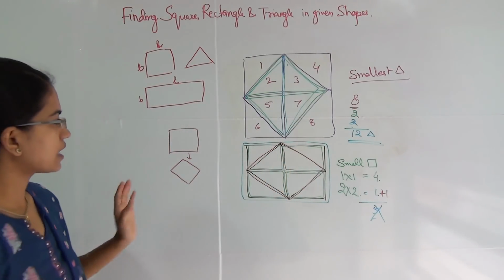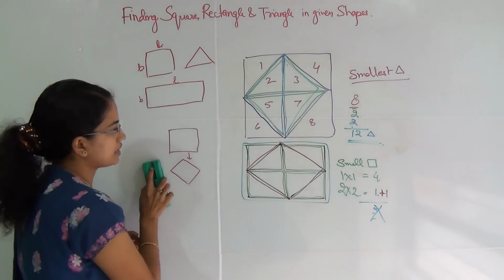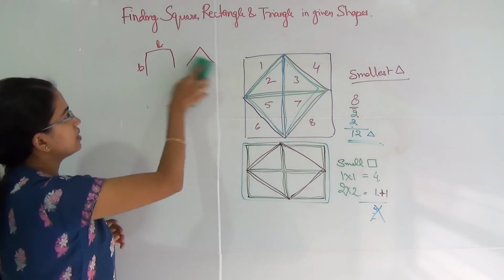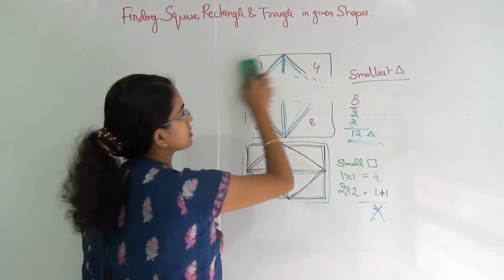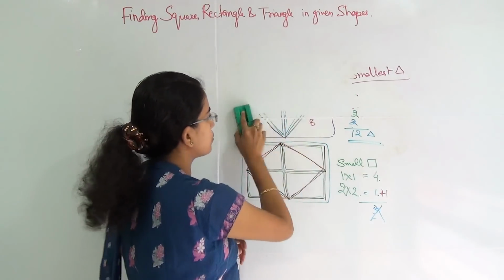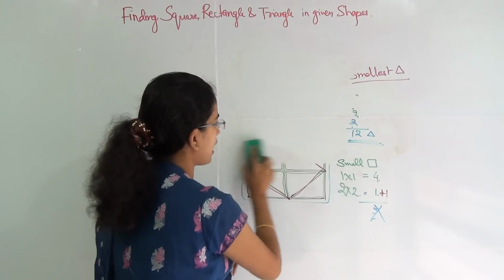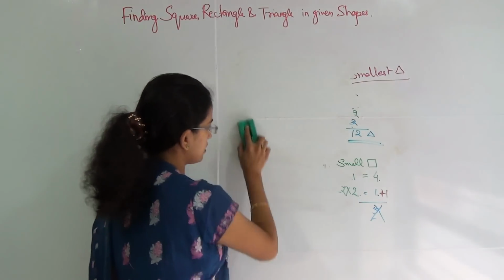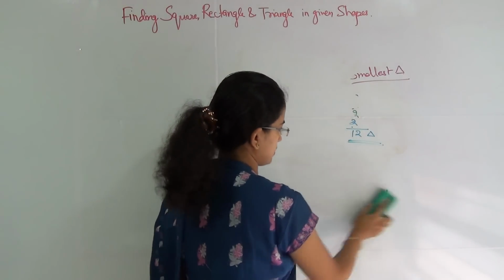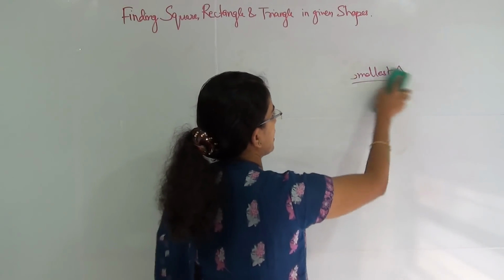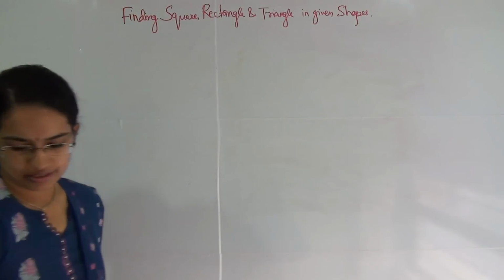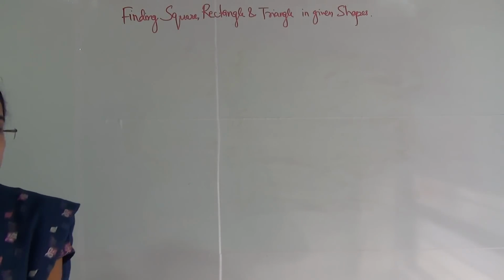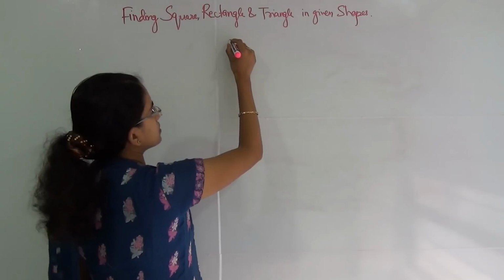Now all these were kind of simple problems with small number of sections or blocks. Now let's move on to a bigger question where we have a 4 by 4 matrix and we have to find the number of squares. How will we go about in that question? For that question, we will do a practical session with the children's cubes again. So let me draw it first.